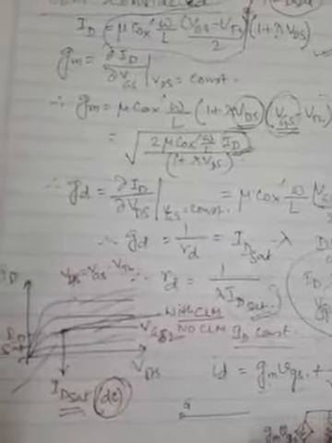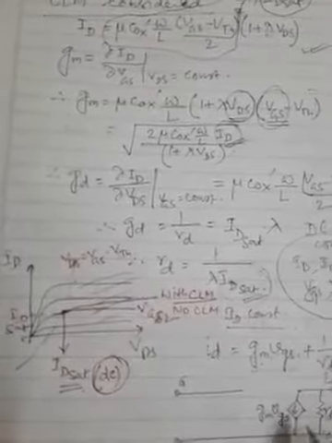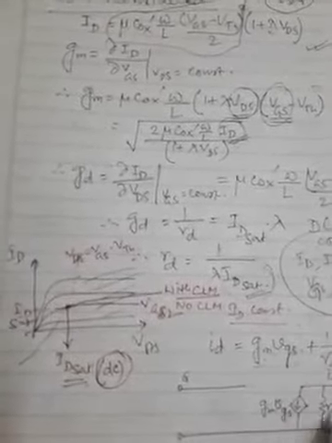This is a dependent current source connected between drain and source, and its value is given by gm VGS. The current that is flowing, ID, is the sum of these two currents. So ID is separating into these two branches, and the sum of these two branch currents is the current flowing from the drain into the circuit.